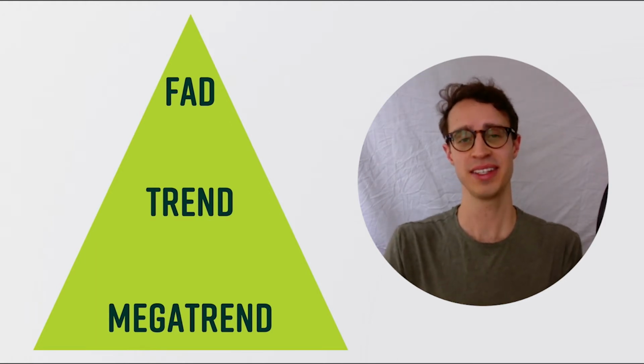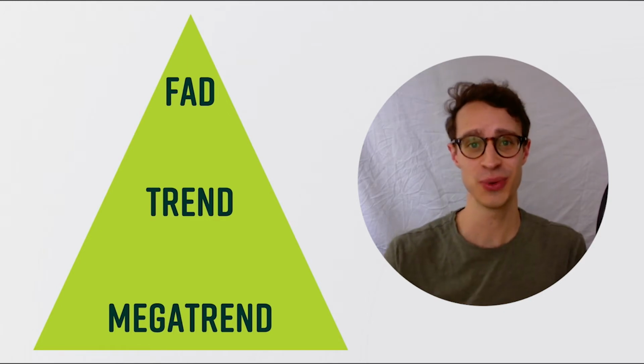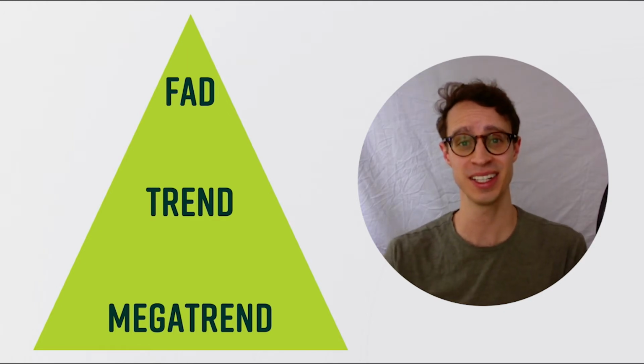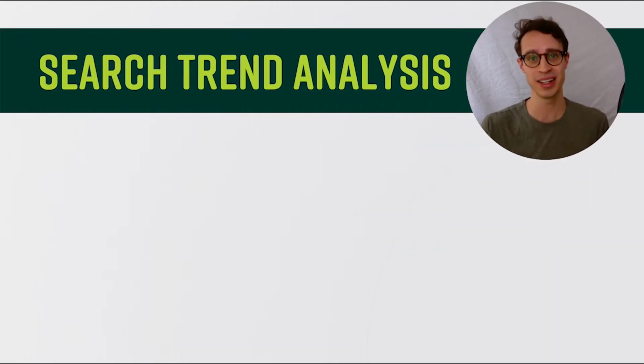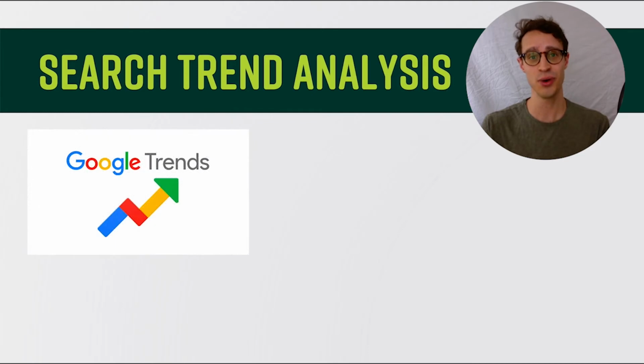Another way we can see how the world is relating to our own business idea is by conducting what's called a search trend analysis. It's basically using data from search engines like Google or other sites to investigate what the world is actually asking or saying or writing about a specific product or service. It can also be a powerful way to understand seasonality without having to pull up all these extra reports and